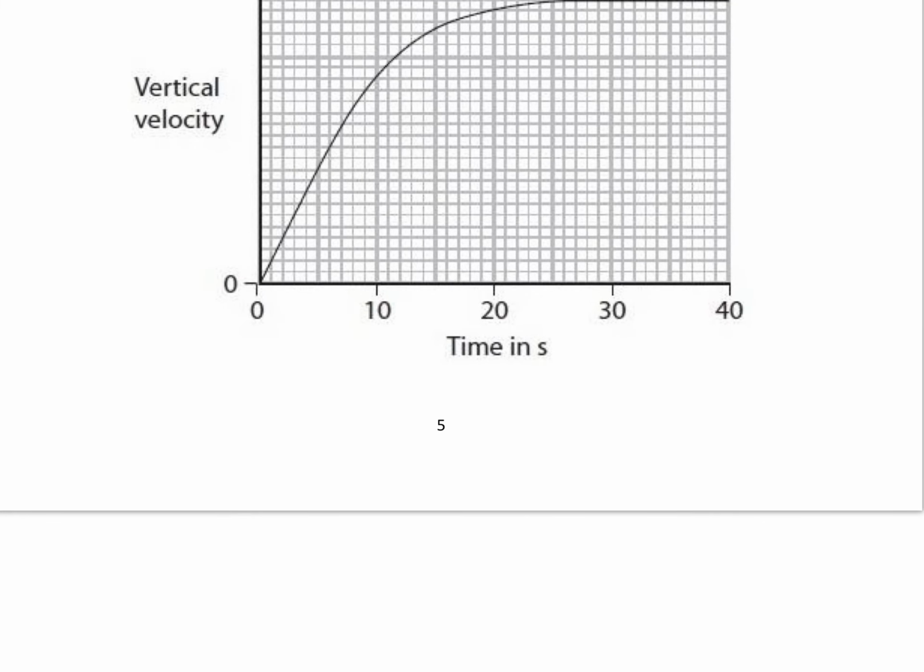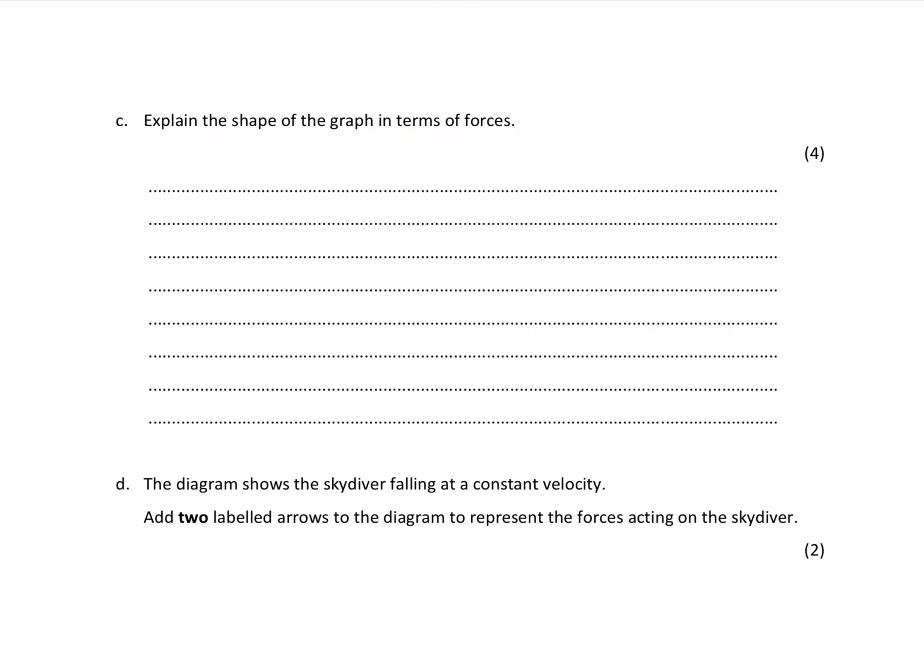Okay, so let's take a look at what it's asking of us. It's saying, explain the shape of the graph in terms of forces. Ooh, tricky. Right, let me just remind myself of velocity time, and it was doing that. So, what we want to do is try and break this down into 4 parts and explain what's going on. We want to state that we have a downward force, which is known as weight,